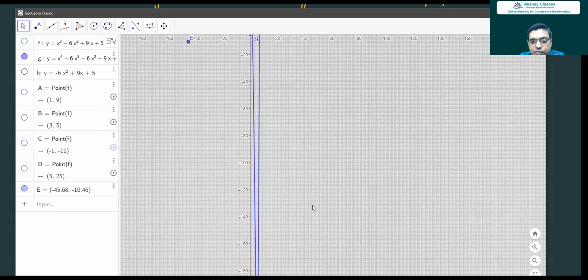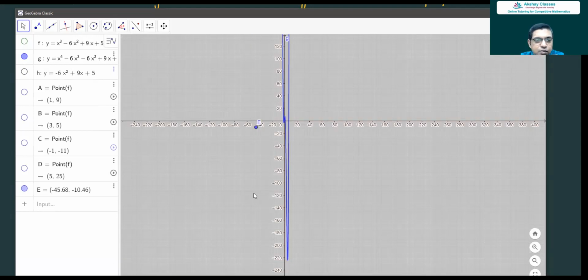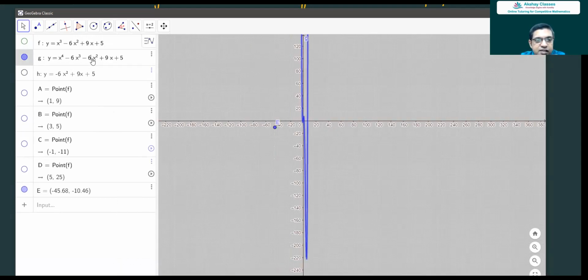One minimum, one maximum, and at the bottom here there is another. Of course, if I change this to positive,